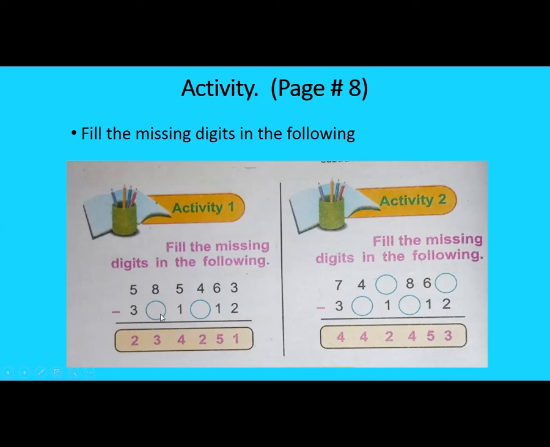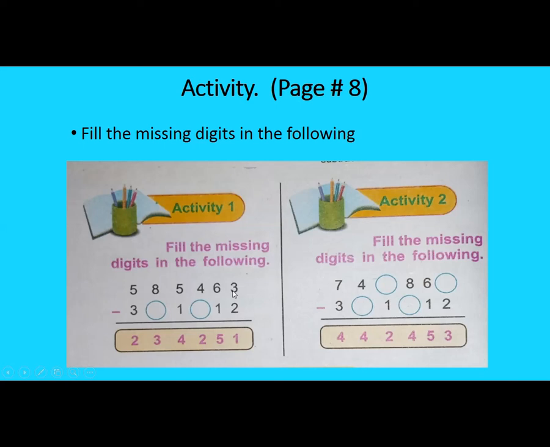and in the lower value there are two circles, means there are two numbers which are missing, but the answer is given over here. What is the answer? 234,251. So look at this sign. This is the minus sign or subtraction sign. You have to subtract the values and then you get this answer. Now my dear students, you have to find out what comes in this circle.